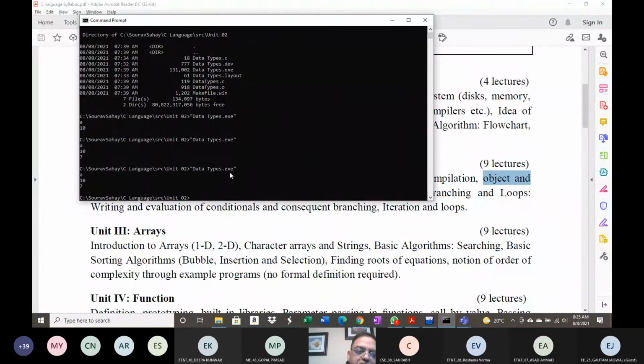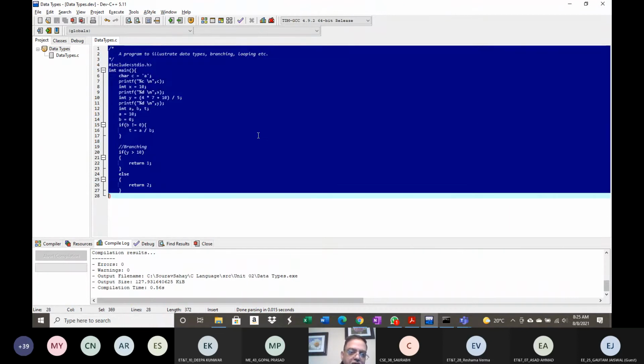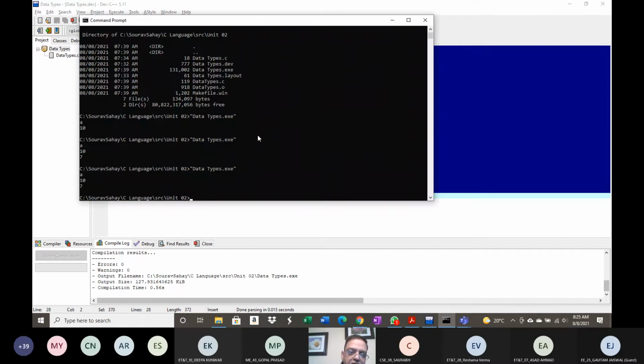So here, this executable file can be understood directly by the operating system. This is the machine level instructions. So from our .c file, which we have over here, written in a human-like language, we have got something called an executable file, which is in machine instructions. In this case, the executable file that we have created is understood by the Windows operating system indirectly. We have got this DOS shell that we are looking at, but internally, it is the Windows operating system that is executing this program.